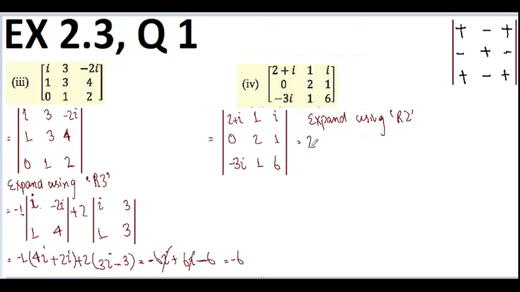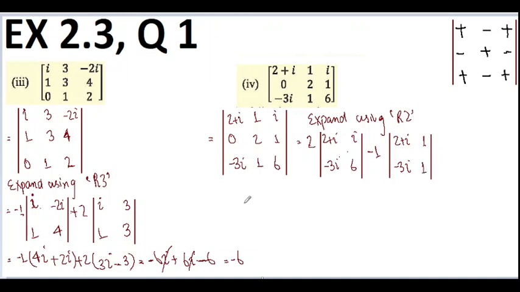So this one will be positive and this one would be negative. So 2 into this 2 by 2 determinant, and then -1, because then it's a negative sign, so -1 into a 2 by 2 order determinant. So now we get 2 into, now we are going to leave this column and this row that we have removed, and now we get 2 plus iota and then -3 iota and 6. Now -1, this is the one we've used, so this column and this row are removed. We are left with 2 plus iota, 1, -3 iota and 1.